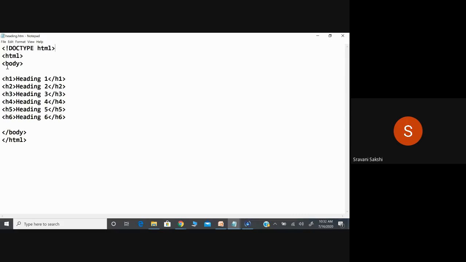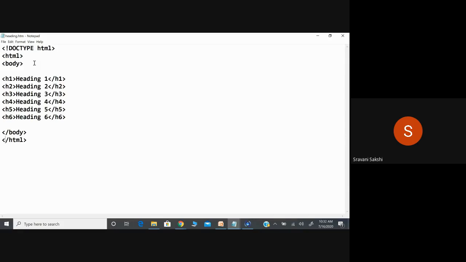Okay, next, coming to the starting of the document. Whatever data or code I write, I have to give it within the HTML tags. So within the starting HTML tag and the ending HTML tag, all your code should be bound. Okay, next, the head section. The head section is optional.